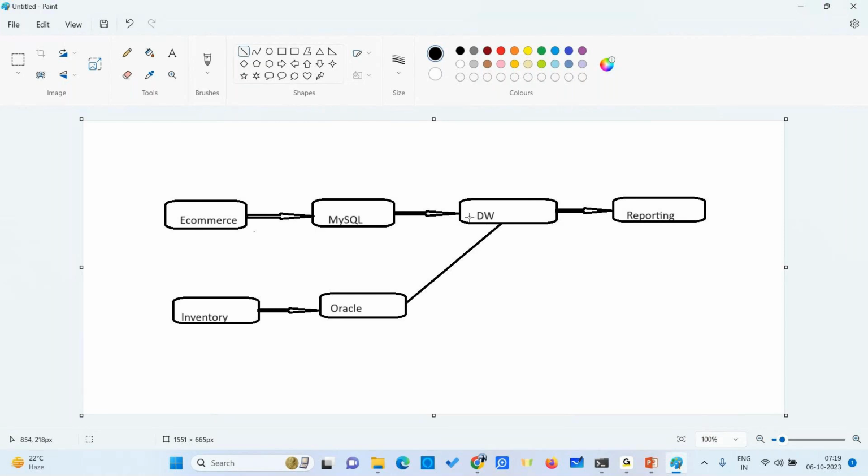So now these two applications are connected with this data warehouse. So what does this data warehouse do? It collects this data from the source MySQL, transforms it and loads it into this data warehouse from this inventory system and this e-commerce website. Now the CEO wants to know how many Android mobiles we should order for the next month based on the inventory system.